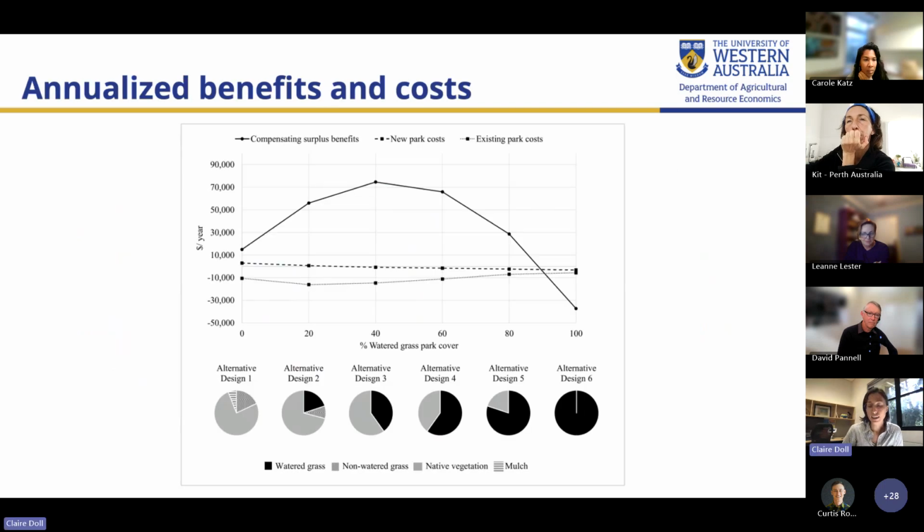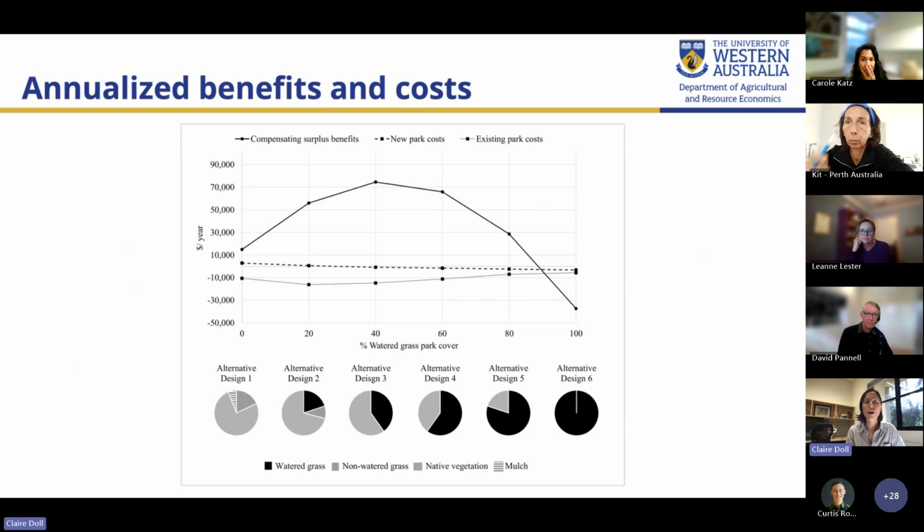As a different way of looking at these results, here we can present the annualized benefits and costs. So the solid line that's going above the top, that's our compensating surplus benefits or our willingness to pay for the 6 different park designs. On the x-axis, you can see the 6 different designs based on the percentage of watered grass cover that they have.